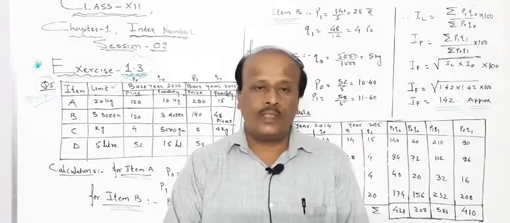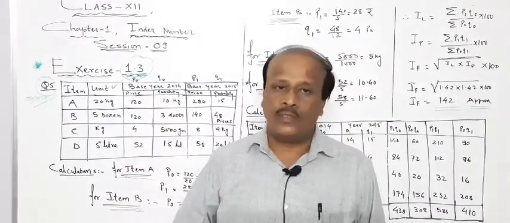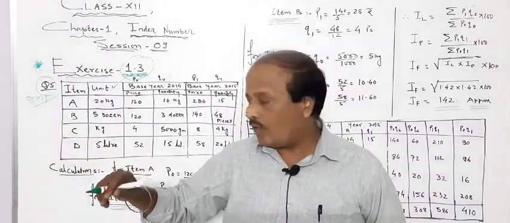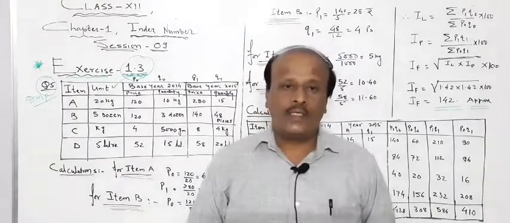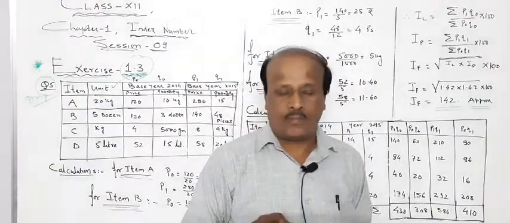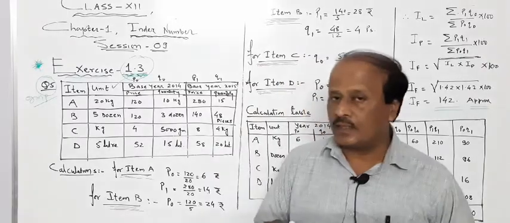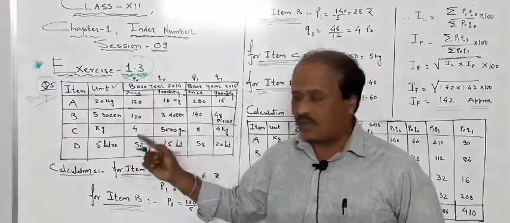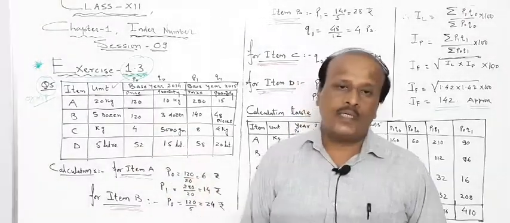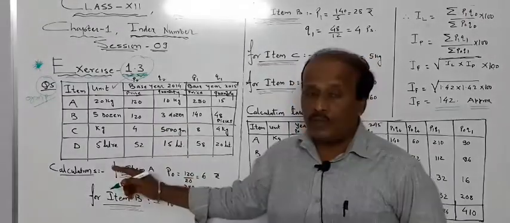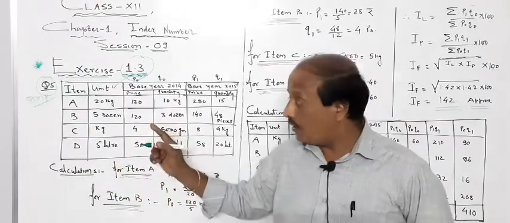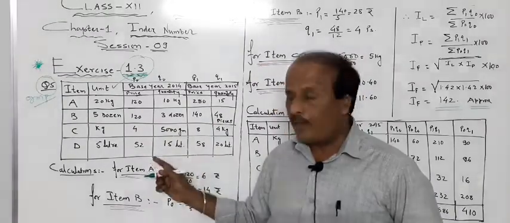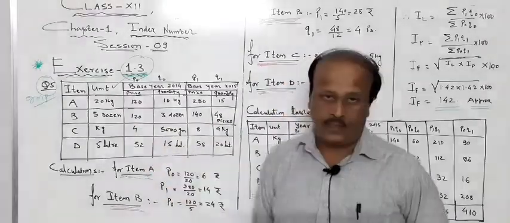This type of question can be for 5 marks or even 6 marks depending upon the weightage. So what is the question? After giving this table, they are asking you to find Fisher's index number. What do we mean by Fisher's index number? As per the formula, it is the geometric mean of Paasche's index number and Laspeyres' index number. It means that you will have to find Paasche's index number as well as Laspeyres' index number, and then you will get the Fisher index number.